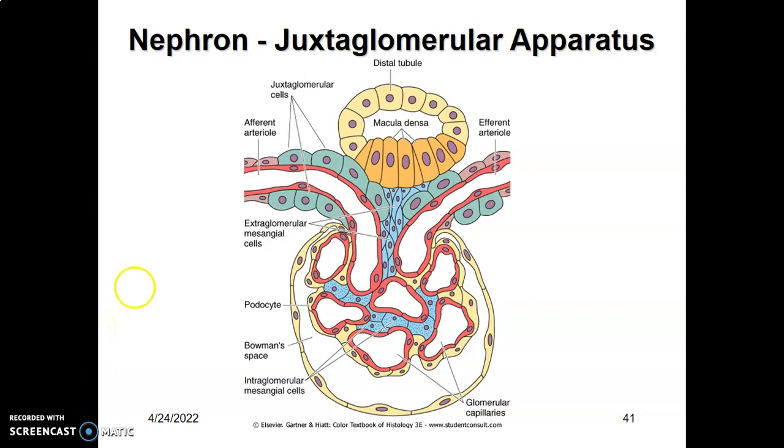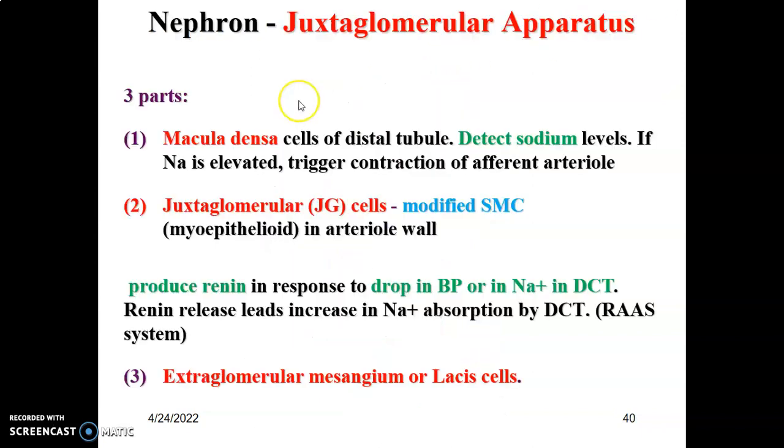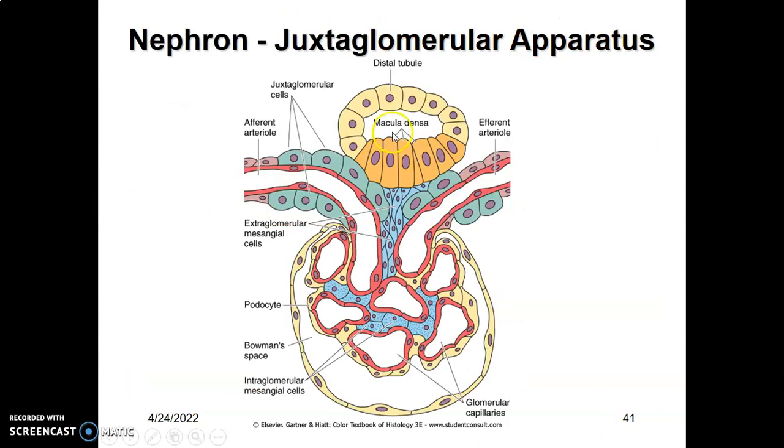So components of juxtaglomerular apparatus are the macula densa cells, and these cells are the columnar cells of the distal convoluted tubule, and they're able to sense low sodium in the urine that is passing in the distal convoluted tubule. Another component of juxtaglomerular apparatus are the modified smooth muscle cells of the afferent arterioles called the juxtaglomerular cells. Then we also have the extraglomerular